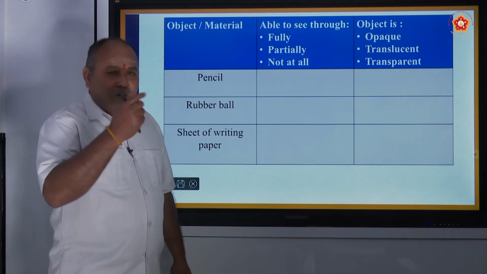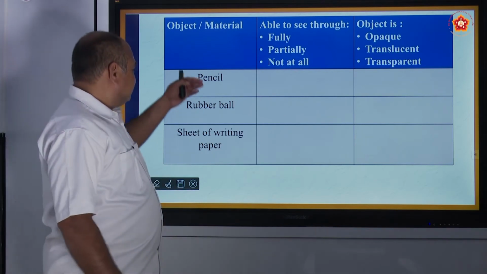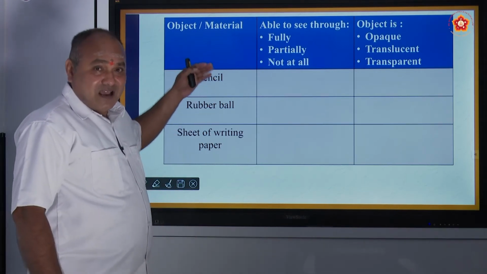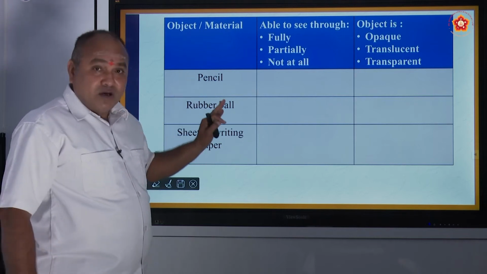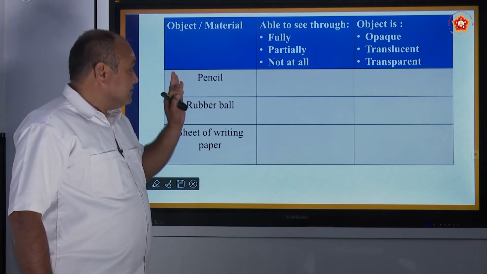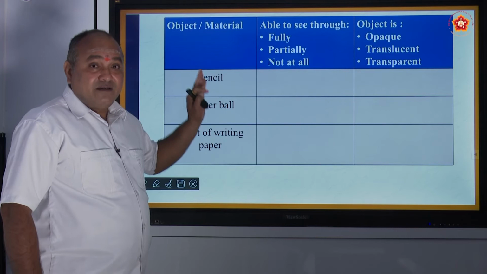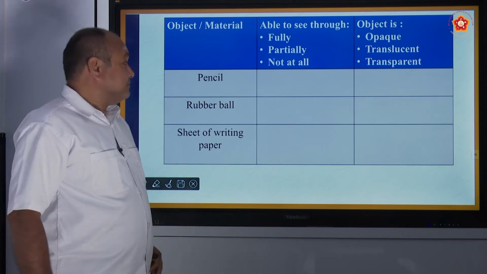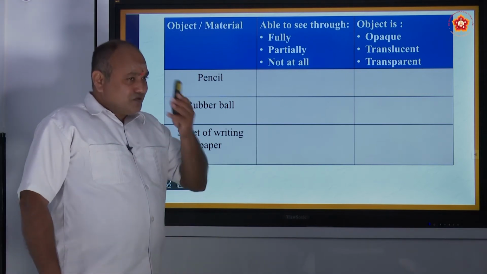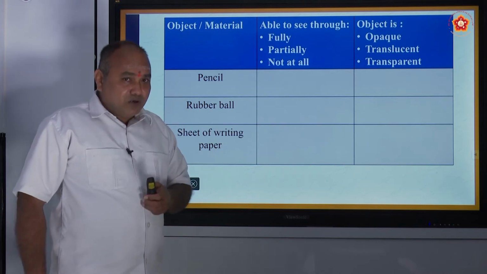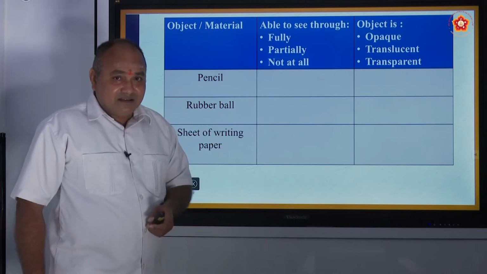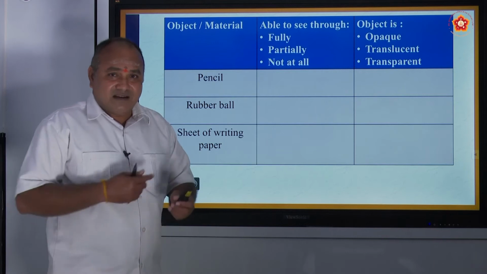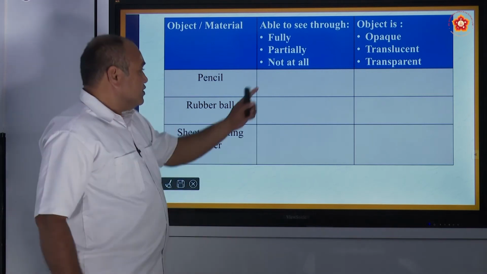So you have collected all the objects, right? For example, I'll teach you how to note down the conclusions in the given table. Take the pencil. If you look through the pencil, will you be able to see anything else? You can't see anything, right? Light cannot pass through, right? So you have to write down